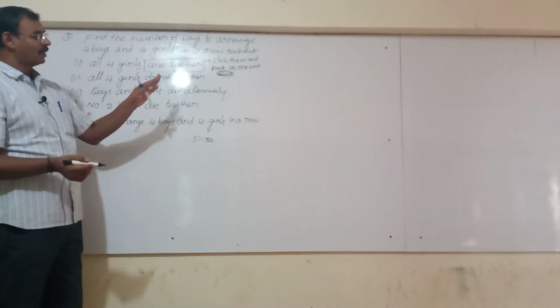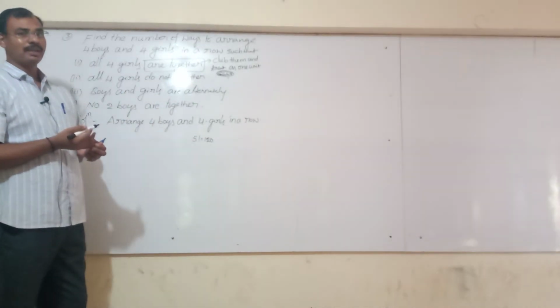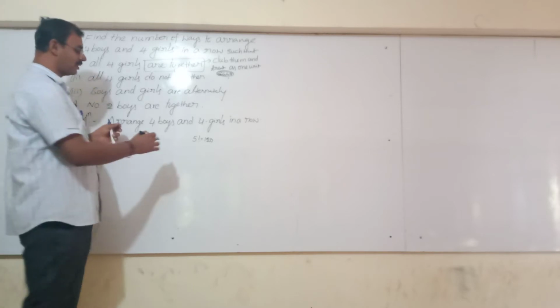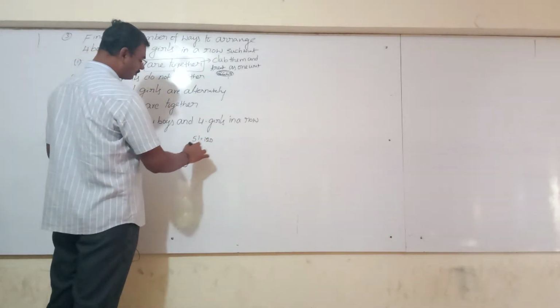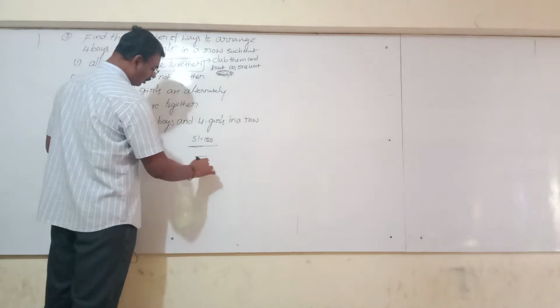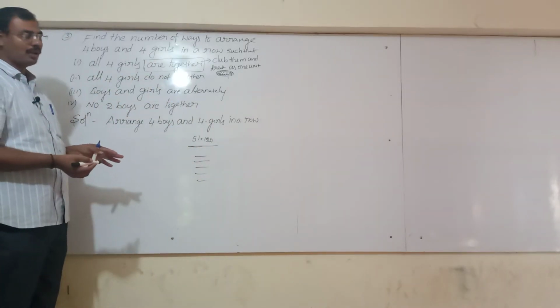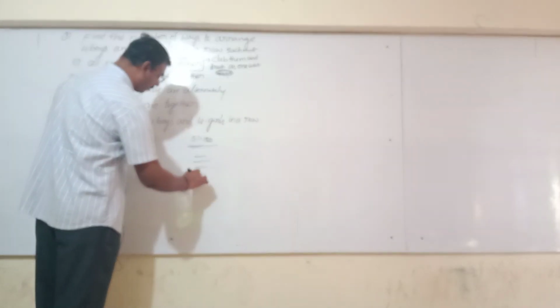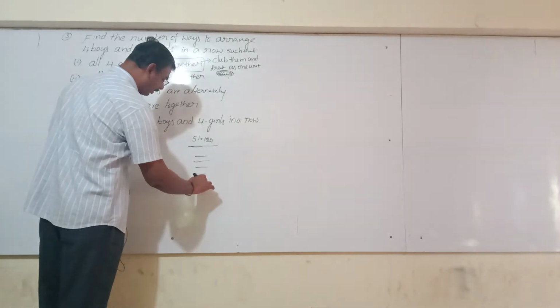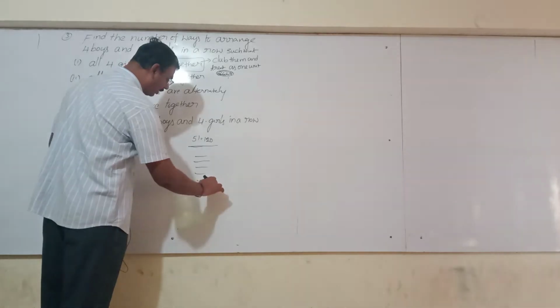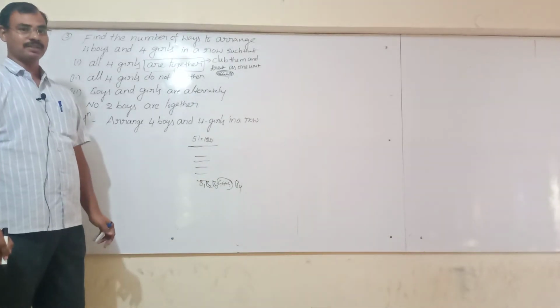Can you arrange the 4 girls separately among themselves? Yes, we can arrange. So here, for example, there are total 120 arrangements. One of the arrangements I take here: boy 1, boy 2, boy 3, 4 girls as 1 unit, and boy 4. This is one of the arrangements out of 120 arrangements.